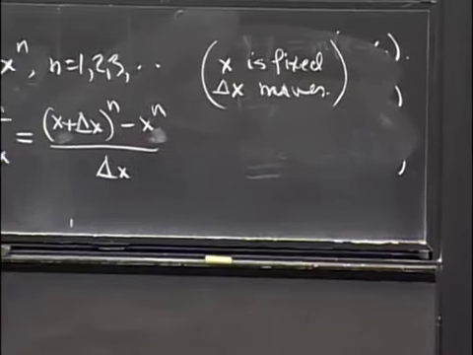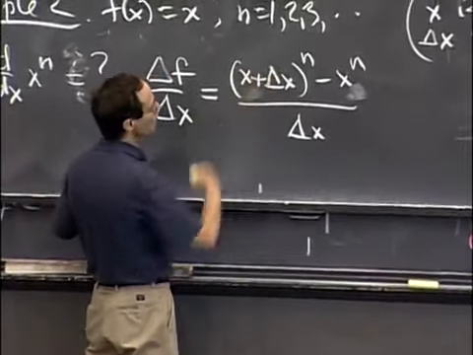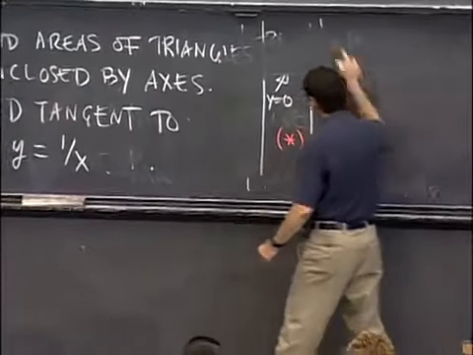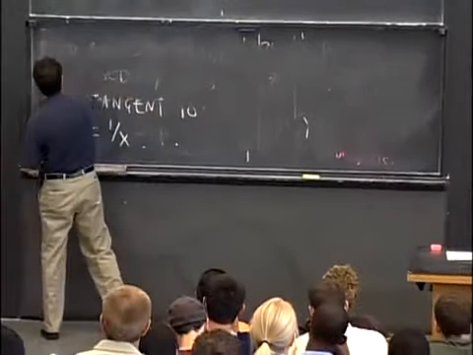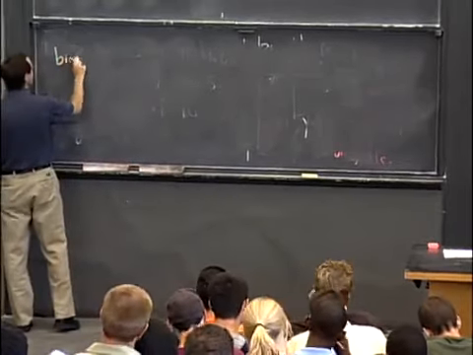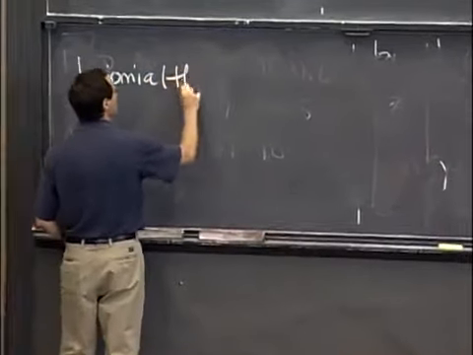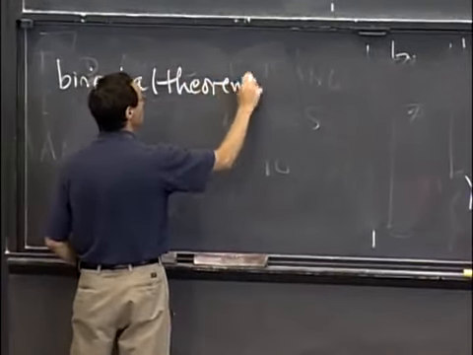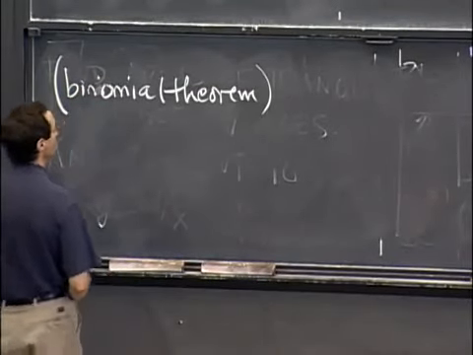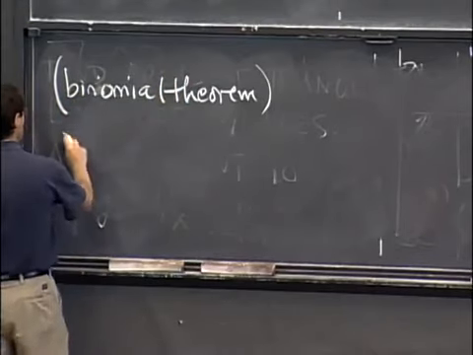All right, now, in order to simplify this, in order to understand algebraically what's going on, I need to understand what the nth power of a sum is. And that's a famous formula. We only need a little tiny bit of it, called the binomial theorem. So the binomial theorem, which is in your text and explained in an exercise in an appendix, says that if you take